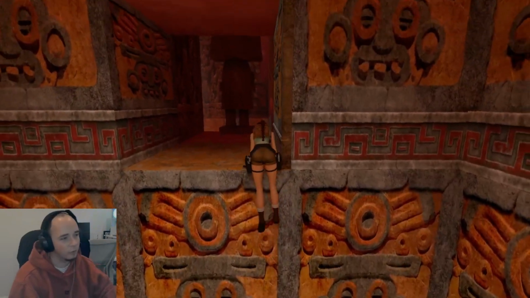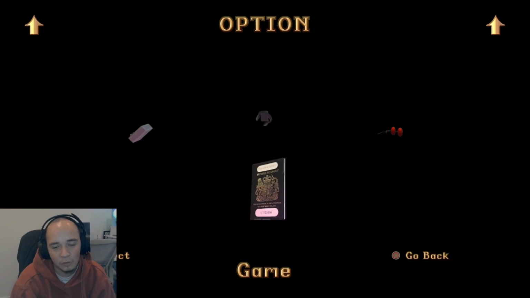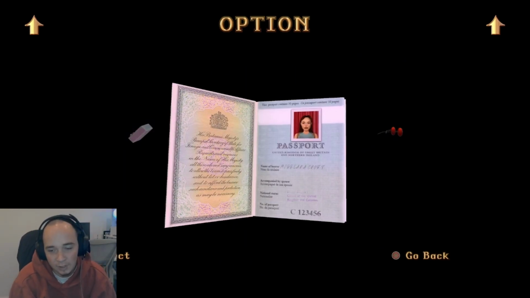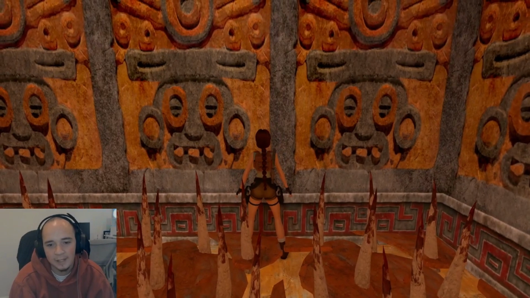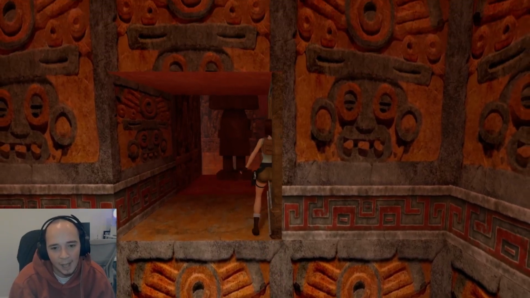I'll save before I do this because watch this be an absolute flop now. You can drop down. So before when I said you can land on spikes without taking damage, this is what I meant. You can drop down into that gap as well. And Lara won't take any damage. So you can drop down onto spikes in this game. And you're never told that, but it can happen. So just